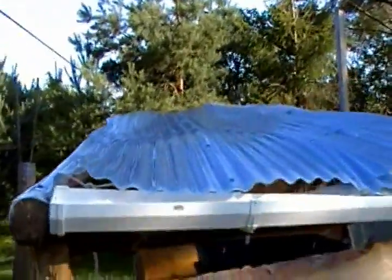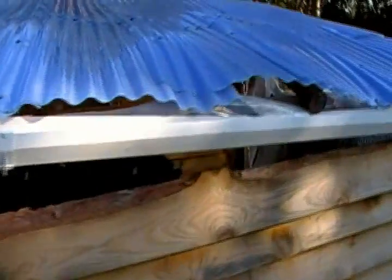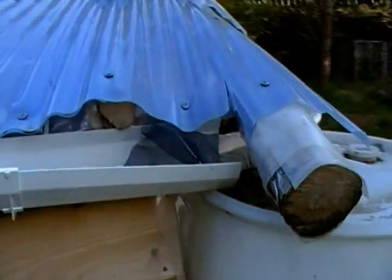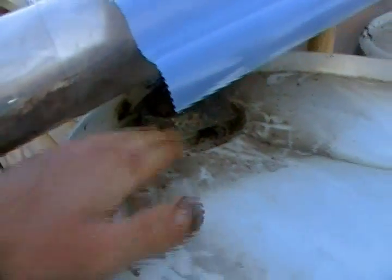But what's nice about it is that the roof, while keeping the space dry, still provides, albeit small, a significant amount of rain catchment. You can see the gutter comes down here off this wobbly roof. I use some old door screens as my pre-filter, some more door screen as more filter, and that all dumps down into this set of 4